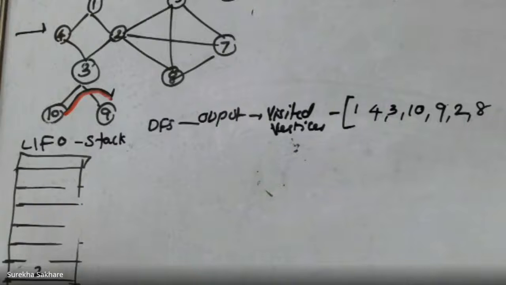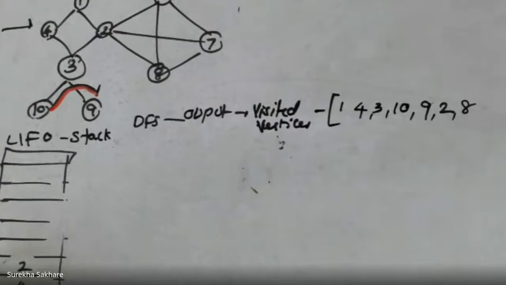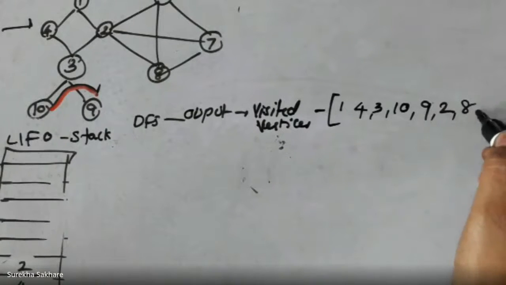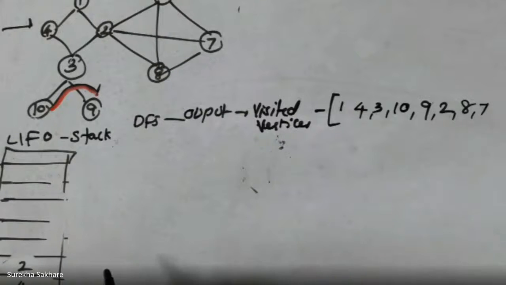Now what is happening now? 2 on hold is there. I have entered the 8 vertex. Now 8 is to be explored. Moving from 8, I'll go to 7, visit this deeper and deeper. In the meanwhile, I have kept this 8 on hold because I don't know, probably many are there to be visited later. So from 8, it is kept on hold here.